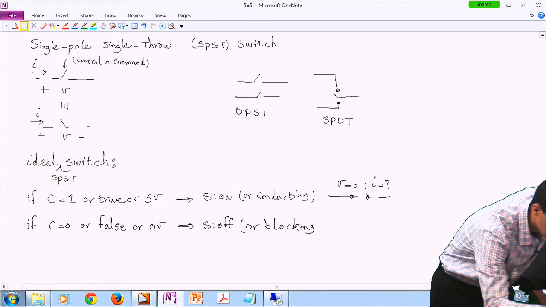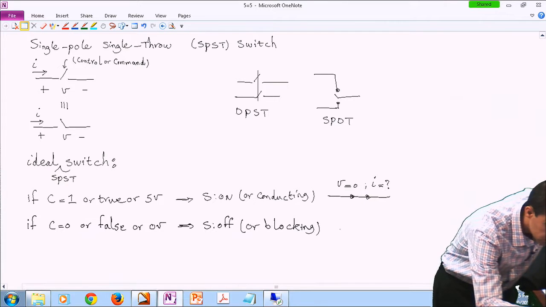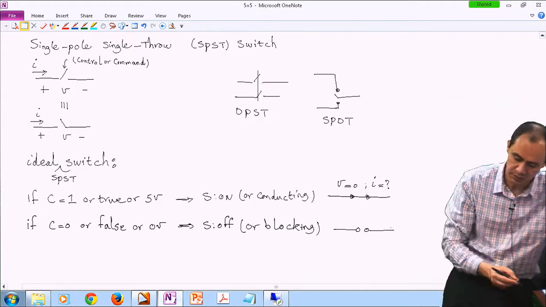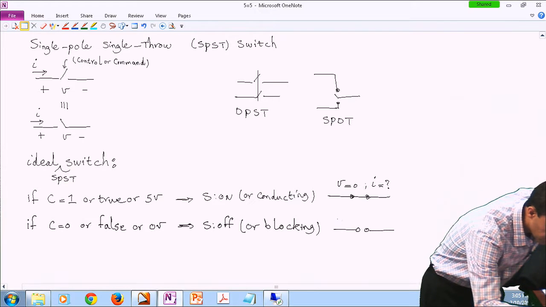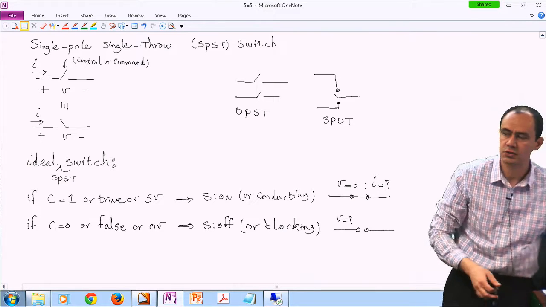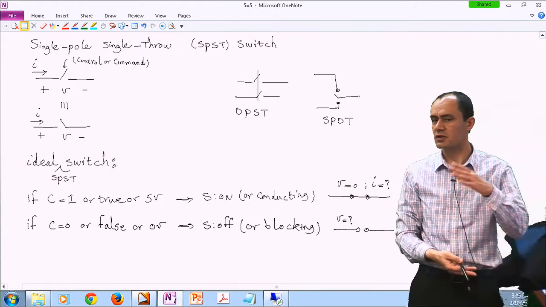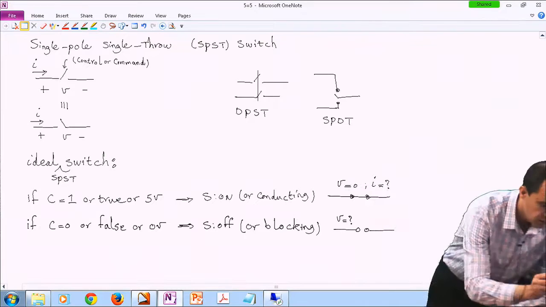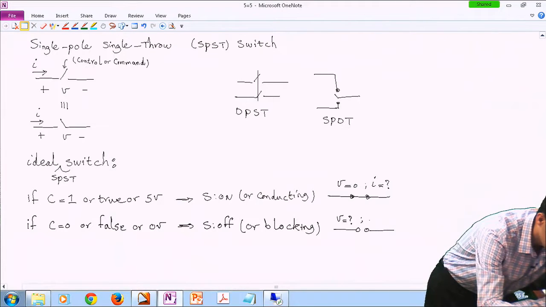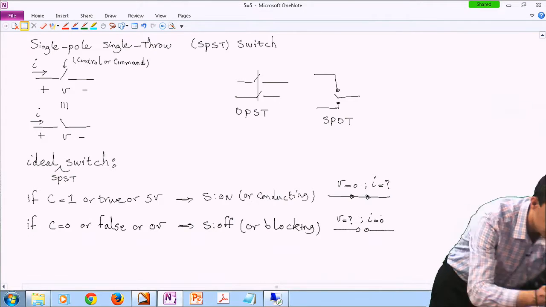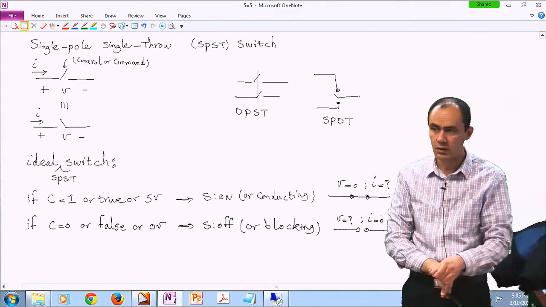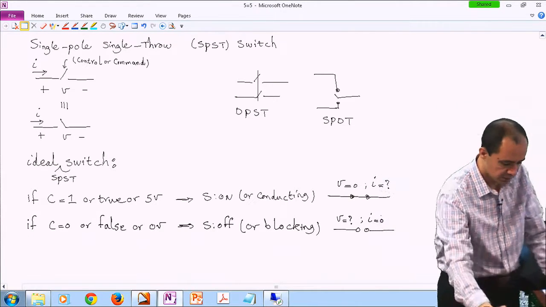It is basically blocking the conduction of current. It is like an open circuit. Now, we don't know how much voltage appears across the terminals of the switch. The rest of the system determines that. All we know is that the current of the ideal switch is 0. All right? So if you look at the IV characteristic,